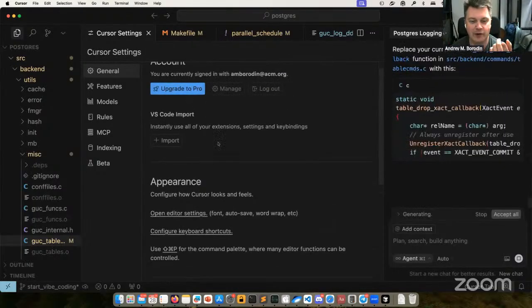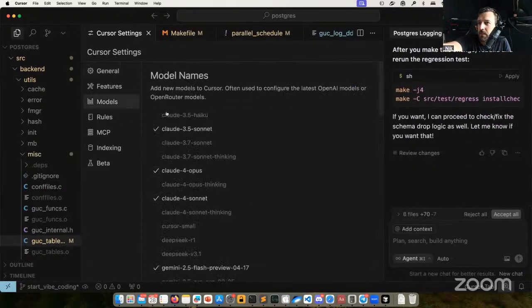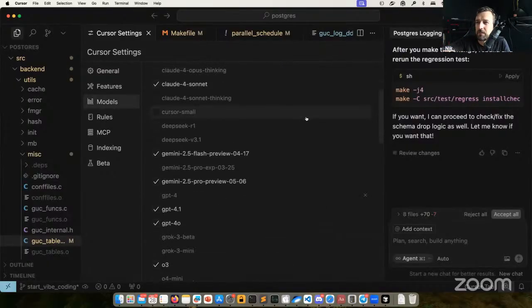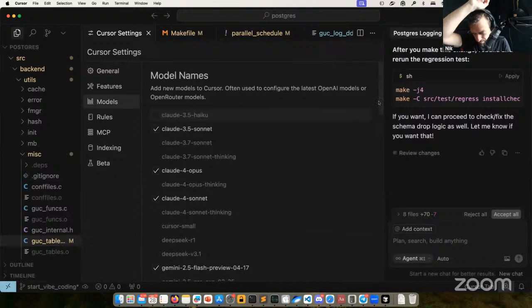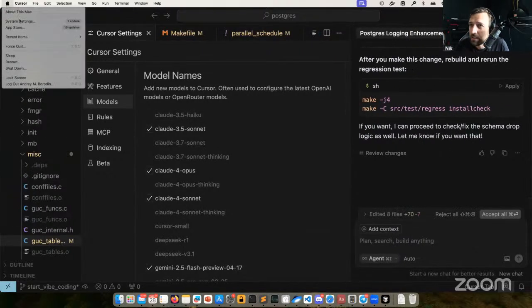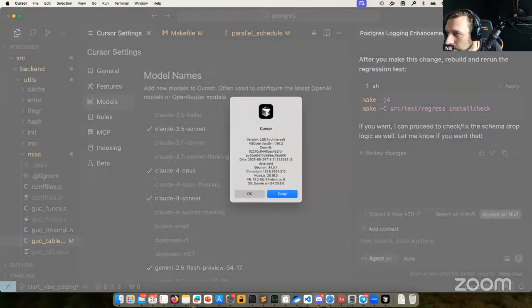What do I get if I upgrade to Pro? You get smarter models. Check models on the left. I'm curious what we are using right now. Also, can you check the version of Cursor if you click on the Apple button on the very left corner? Yeah, and version. Oh, no, Cursor, I mean, not Apple. Oh, 0.50, and in my case, it's also 0.50. Okay, so you have the latest version.